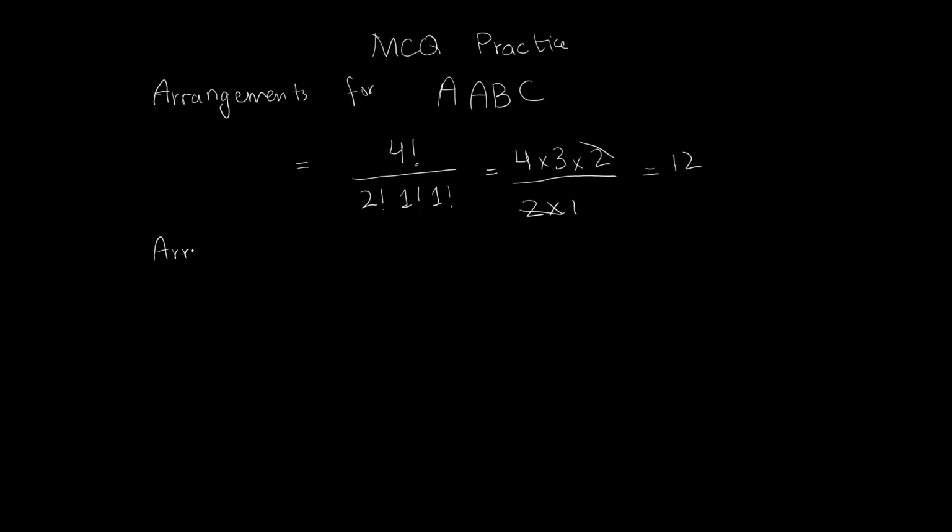Let's do one more question. How many arrangements for the numbers 1, 2, 3 this time? The same formula applies. Total number is 3. Every number is repeated only once, therefore divide by 1 factorial. And after simplification, we will